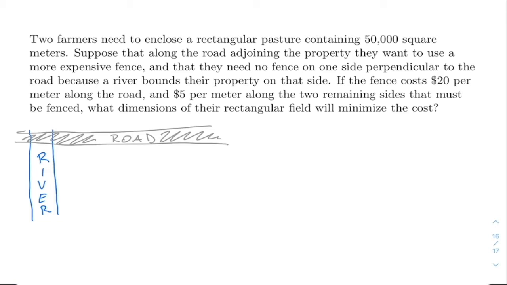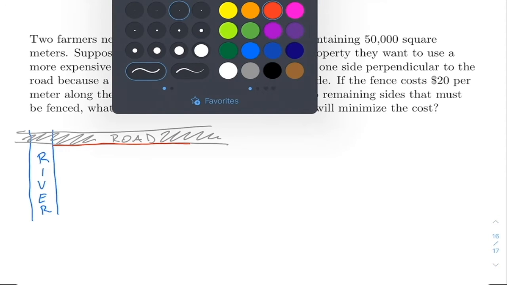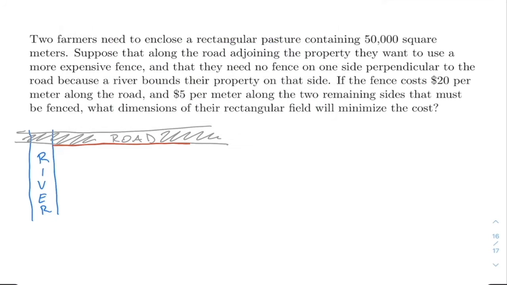And that we want to enclose a rectangular pasture here, right? So in this case, we will need only 3 sides, and one will be more expensive than the other two. So this one with red will be the expensive one, and let's say with green we will draw